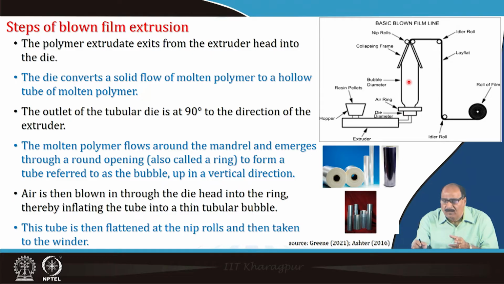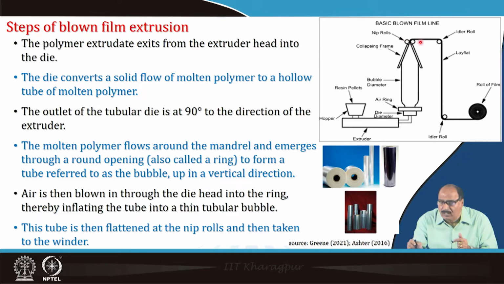Okay. It comes here, the bubble diameter, through this die. The outlet of the tubular die, you can see here in the picture, is at 90 degrees to the direction of the extruder. The molten polymer flows around the mandrel and emerges through a round opening, also called a ring, to form a tube referred to as the bubble, in a vertical direction. From here it comes through the